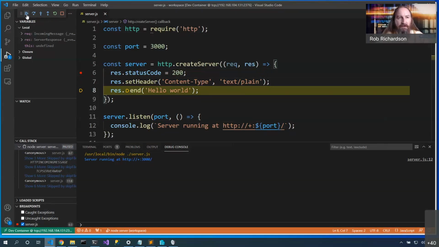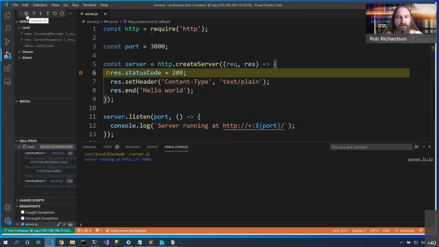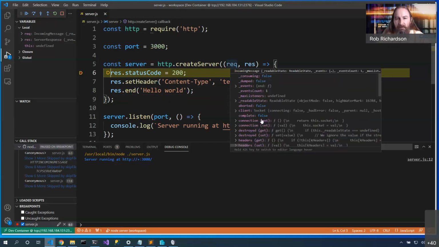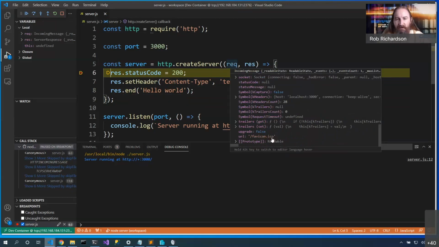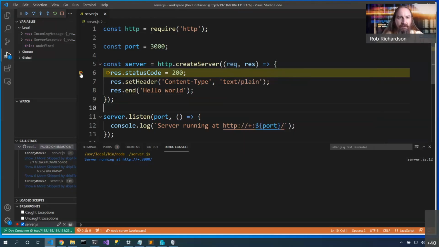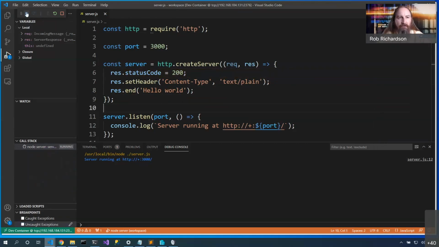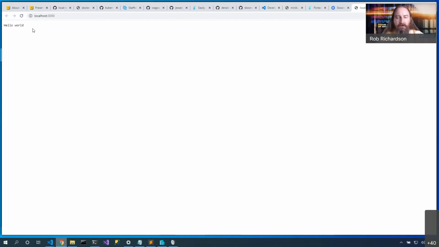I'll push play, and the next request we'll see will not be the /, but rather will be looking for the favicon.ico. So, yep, we're looking for favicon.ico, and I'm able to debug my website in the ways that I need to. I'll take off this breakpoint and just push play, and we can see the content pull up inside of our container.